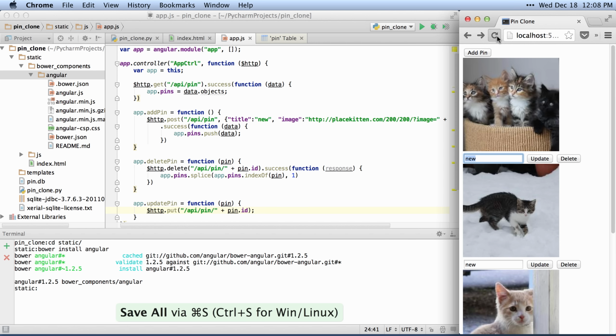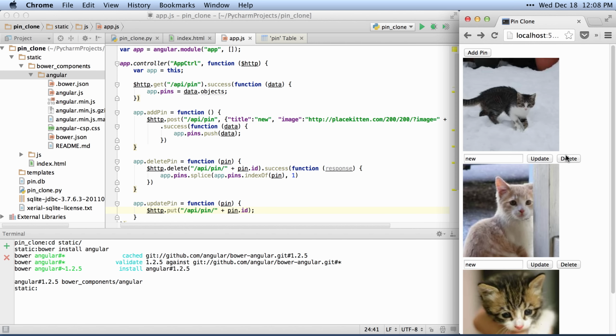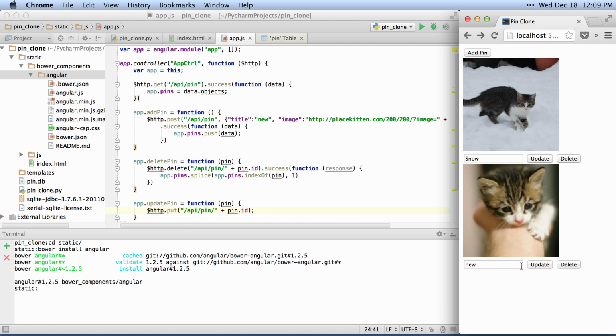So if I hit refresh here, I can say delete. That'll automatically delete and refresh the page. I can say snow and click update. And that's refreshed. I can delete him, and then I'll call this guy hand, click update, and you can see that once I refresh here,